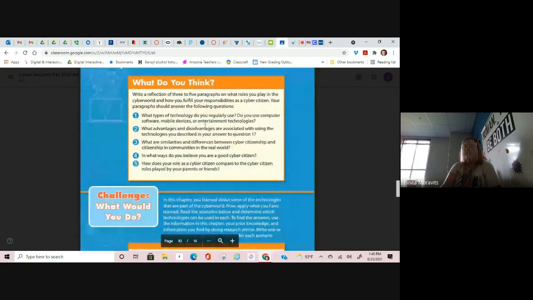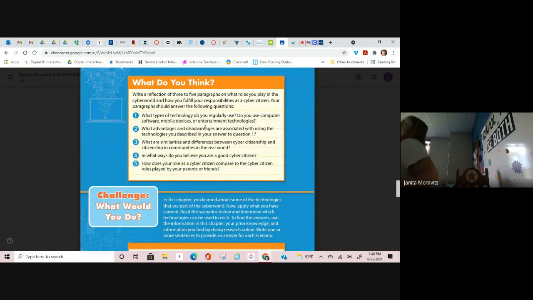When you get to the section that looks like this, you do not have to do those. Not on this part of the assignment. That would be a separate assignment. The only thing that you have to do on this first part of the assignment is define the key terms and take some notes. That's it. You'll see this in the document, but you don't have to do these yet.